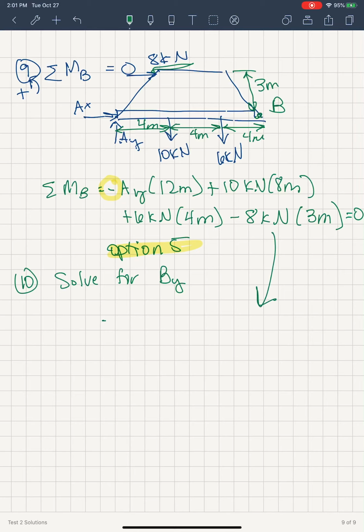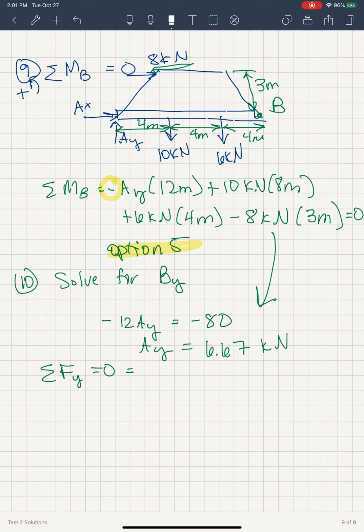So we get negative 12 AY, and then 10 times 8 plus 6 times 4 minus 8 times 3. That's 80, so that equals negative 80. So AY equals 6.67 kilonewtons. If we sum the forces in the Y direction equal to 0, we'll get